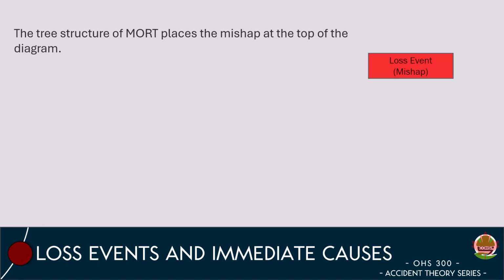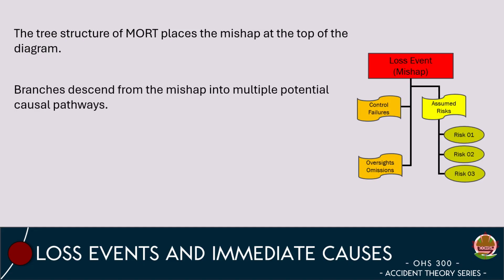The tree structure of MORT places the mishap at the top, with branches descending into potential causal pathways. This visual representation reinforces the idea that accidents are the culmination of multiple contributing factors rather than a single initiating event. By starting with the loss event and working backward through the tree,